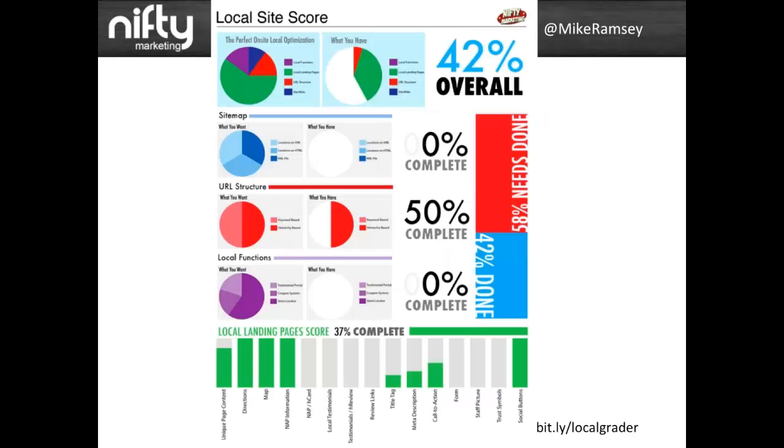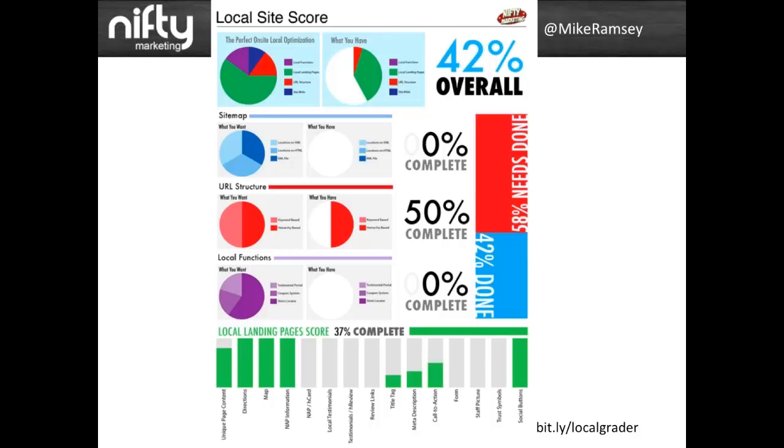And then looking over here, this is an example of an overall audit that we put together, and we've put rankings and weight on specific areas. So we call this basically the perfect on-site local optimization. And we break it up into the areas for sitemap that you have, your URL structure, the overall local functions of a site, and then the local landing page. And then we break each category